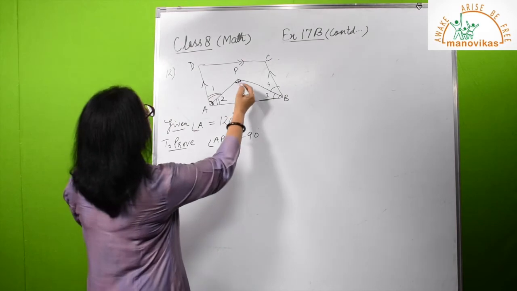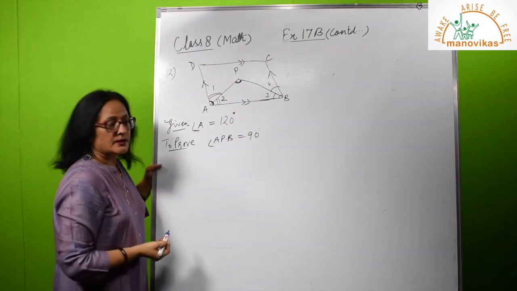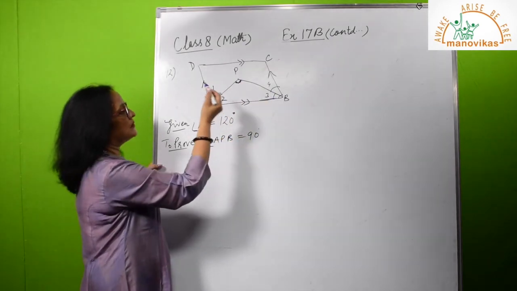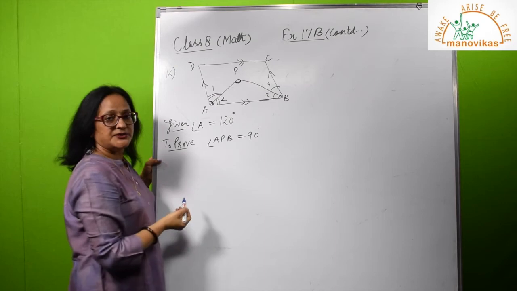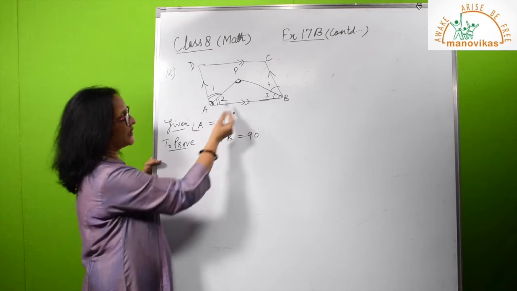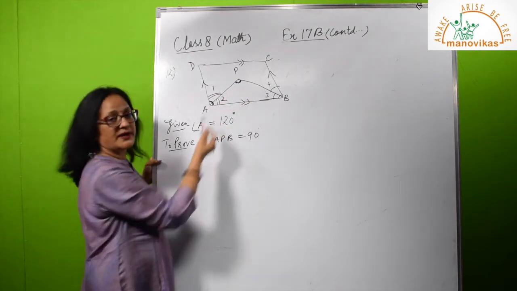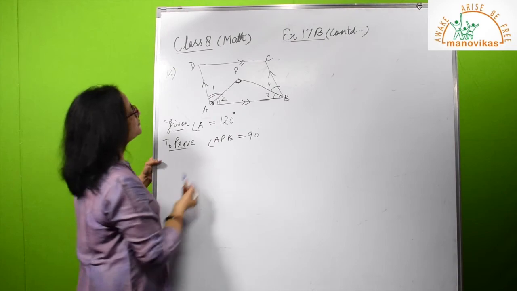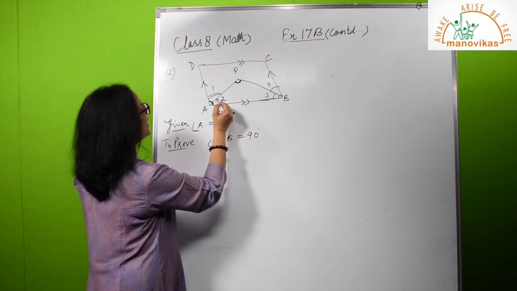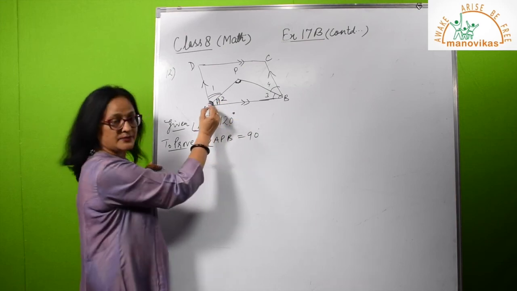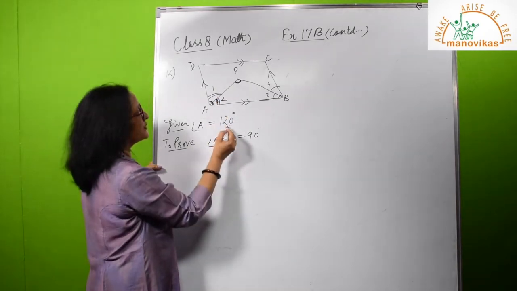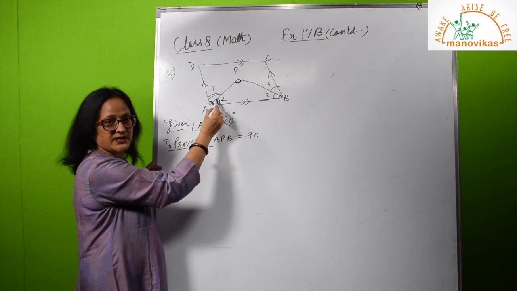Now how can you prove this angle P is 90 degree? Now you see angle P is in the triangle APB. So in triangle APB, try to find other two angles, that is 2 and 3. If we know angle 2 and 3, by angle sum property we can find the measure of angle P. How can you find angle 2 and angle 3? Because angle A is 120, so they are halves. Angle 2 is half of angle A, because AP is angle bisector, I told just now. So angle 2 is half of 120. That means this is 60 degree.